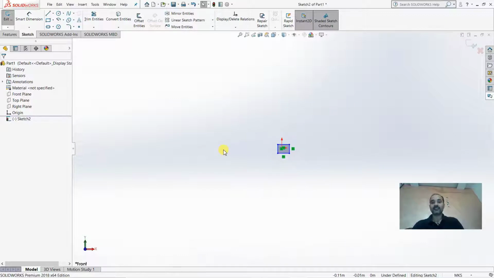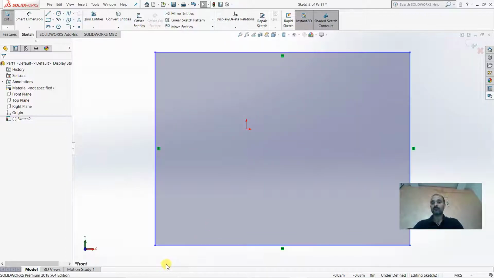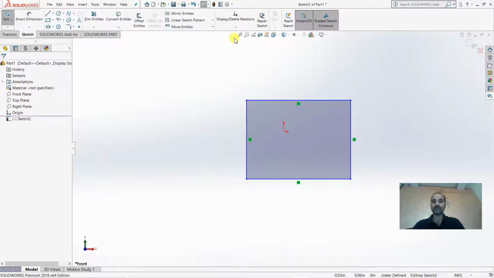So if I move this using the roller button, your sketch is not visible now, and that also can be a problem. Once again this zoom to fit will bring it to the screen. It means whether it is zoomed, minimized, scaled up or scaled down, or moved out of the screen, you can use this first button to bring all your sketches, all your parts, all your assemblies to the screen area only.